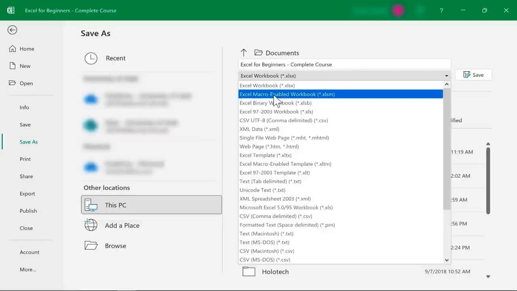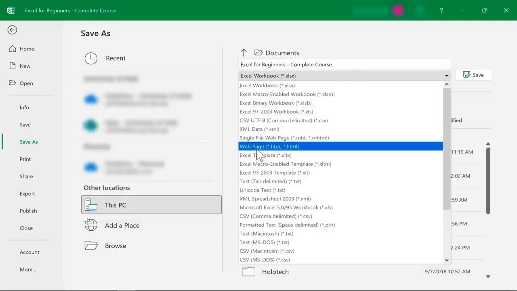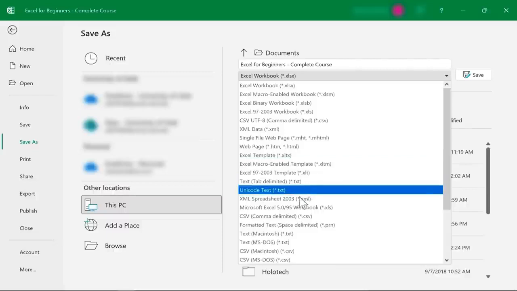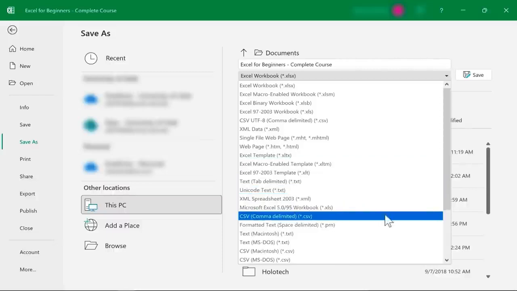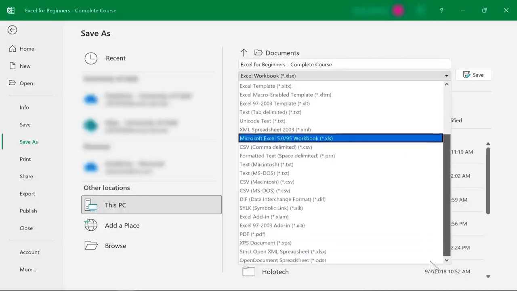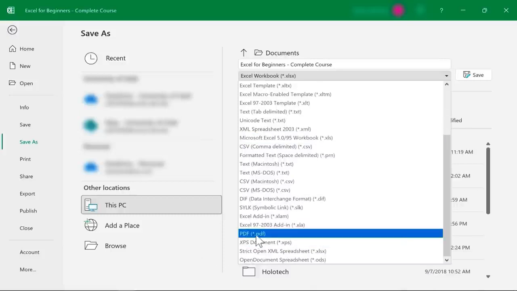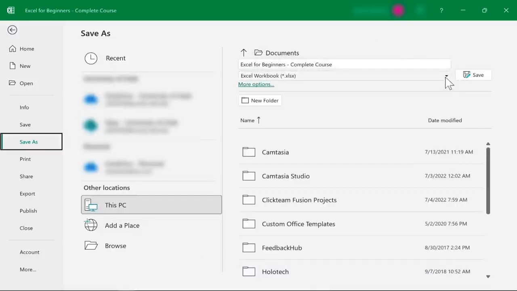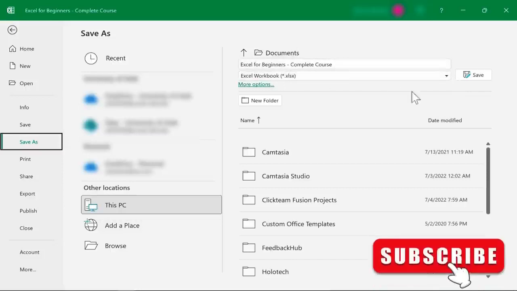You'll learn more about that as you watch more of my videos. You could also save your workbook as an HTML web page, which is an interesting option. You could save it as an Excel template. You could save it as a CSV file, which is a powerful option. And once again, we do have an option to save it as a PDF. So it's important to be aware of this dropdown and the ability that you have to save your finished workbook